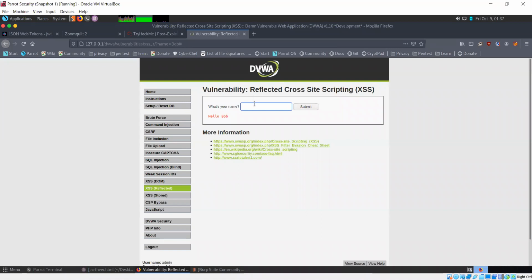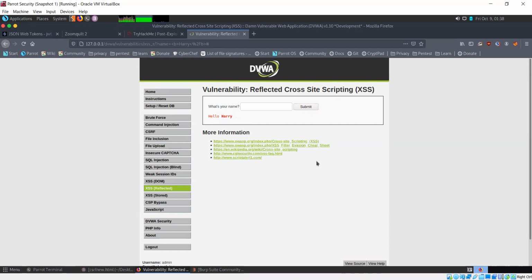Instead of Bob, what if I typed here some HTML code? Does that work? So that's working. I typed the HTML code for making it bold, and it has appeared in bold.